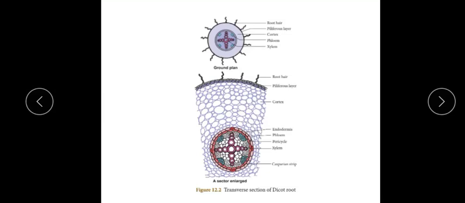Good morning students. Today we will just continue the lesson from where we stopped in the other class. I remember teaching you the vascular tissue system the other day. Just recollect what you learned. We went through various definitions like radial, conjoint, collateral, bicollateral, concentric, endarch and exarch.